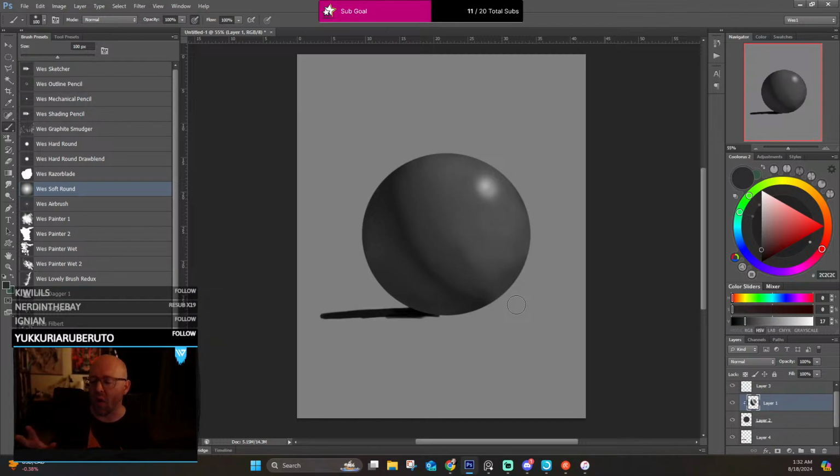So this goes into the whole idea of, all right, I don't care if my art is realistic. I care if it is believable. Believable means it follows certain rules that can mimic reality. Bouncing light, that mimics reality. Now, if I took this into a scientific method, would my drawing be correct? Probably not. So it's not realistic, but it is believable. That's where the value scale can come in.